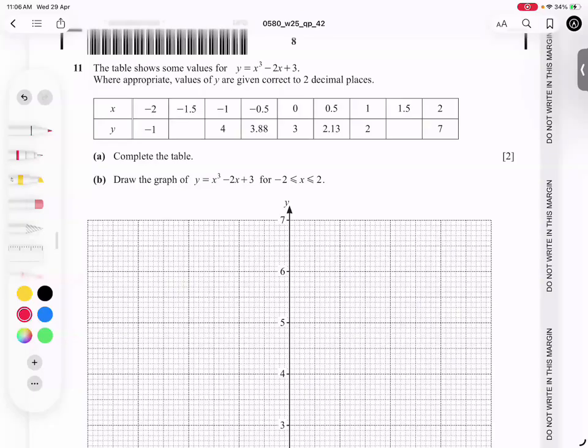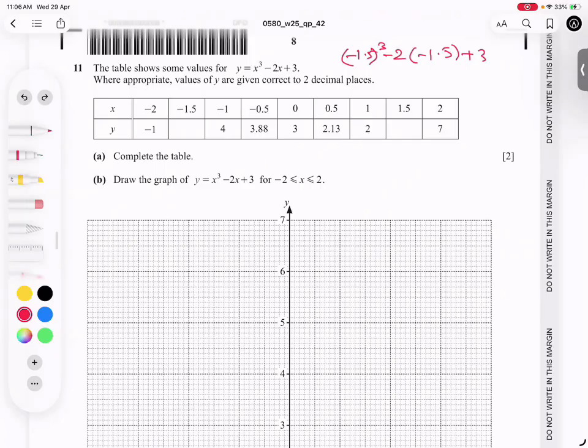Question number 11, students, and the topic is graph functions. So we have to plug in these values, this one in the place of each x. Be careful, students, while plugging in. We have to put them in brackets, okay? Otherwise, there is a chance of mistake. Not here, but especially with even powers. Even powers means when the powers are 2 or 4 like that. So here, not a big problem. And if we check it,